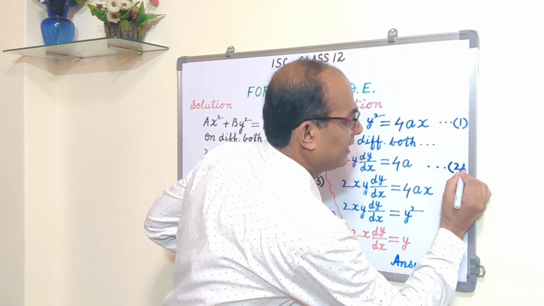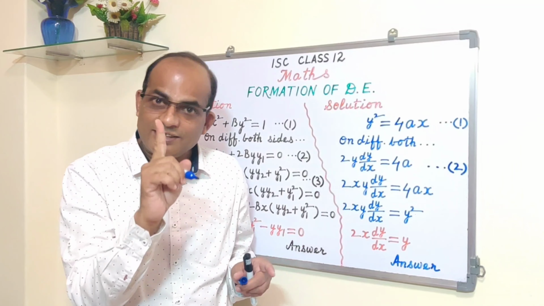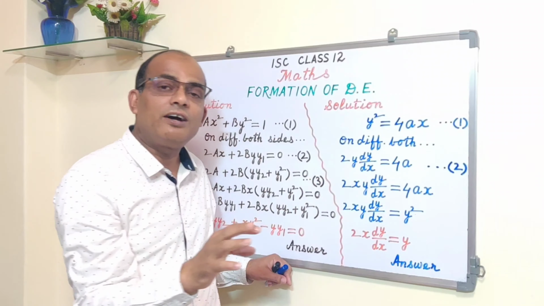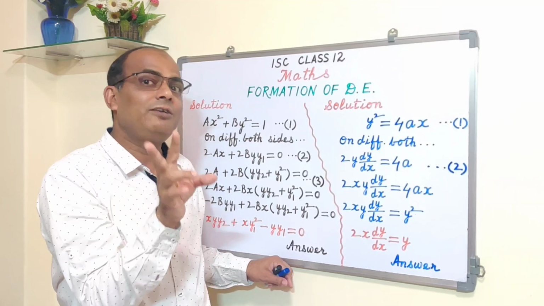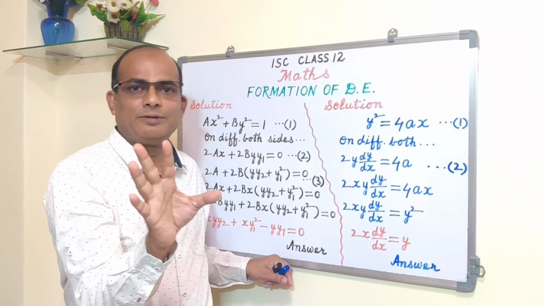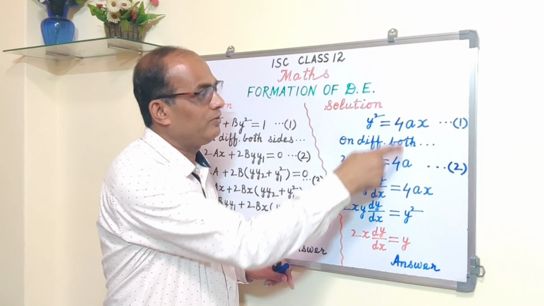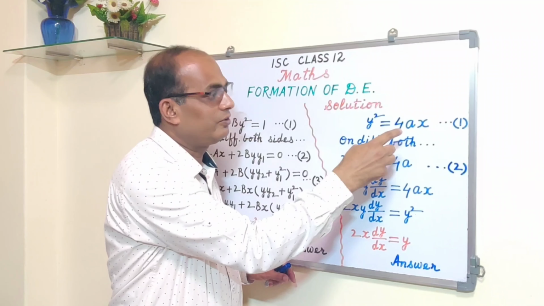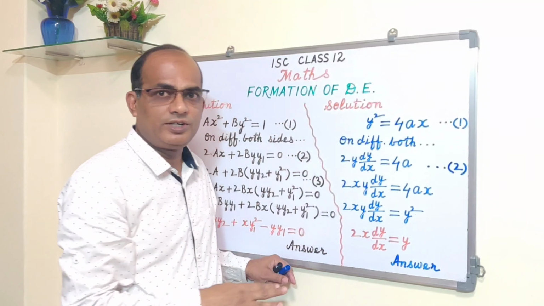Alright. So if there is only one arbitrary constant, you differentiate once. So one your original equation and one equation which you are getting after differentiating the given equation. So you have 2 equations. With the help of these 2 equations, you have to eliminate a. We don't want a. Alright, so we have to eliminate a with the help of these 2 equations. Why are we getting 2 equations? Because there is only one arbitrary constant. So one original equation we have and one we are getting after differentiating the original equation.